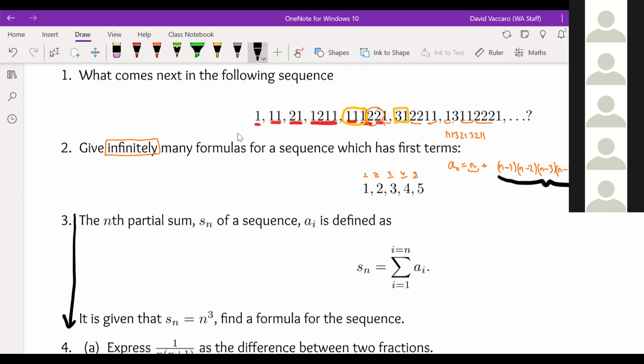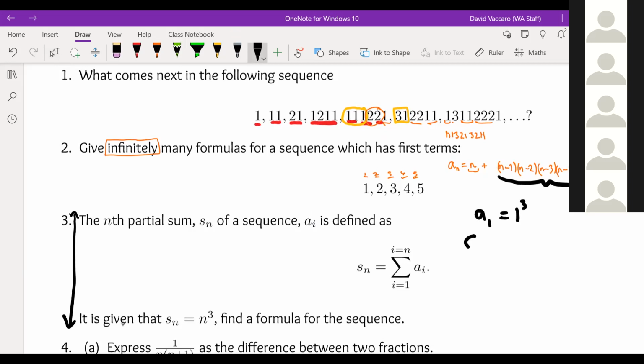I was quite keen to put this in because something that you do a lot of when you study sequences and series is you go from the sequence to the series. So you learn how to add up the terms in a sequence. But I just want to look here at going the other way. So here we're not told the sequence, but we are told its partial sums. Okay, so we know that A1, so that's just the sum of the first term, is 1